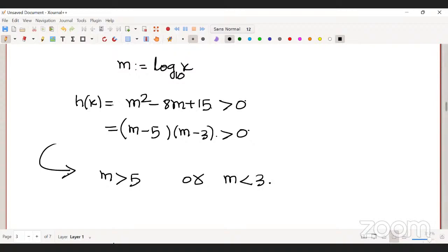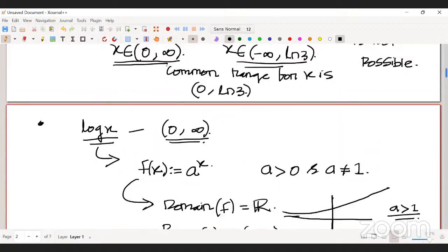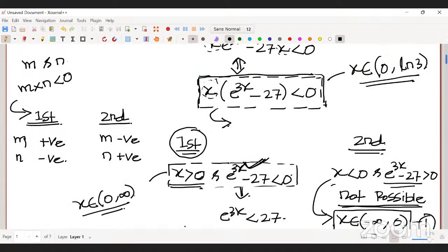So same thing, right? See, the way we have, I gave some argument, right? So here we have calculated that when